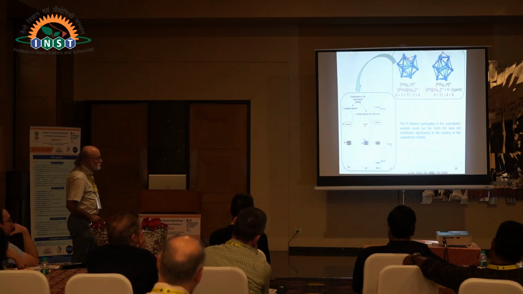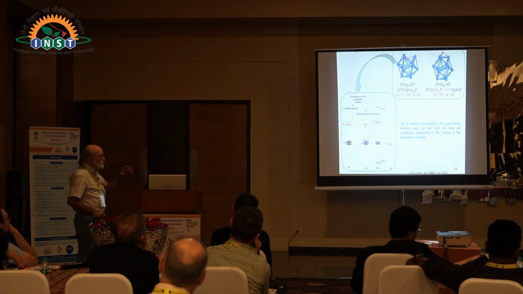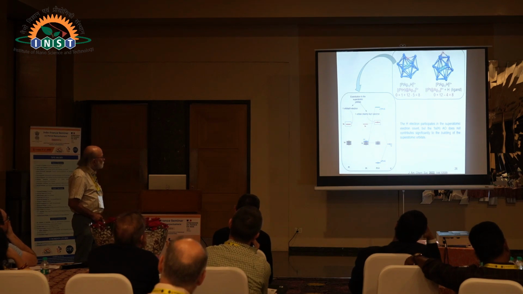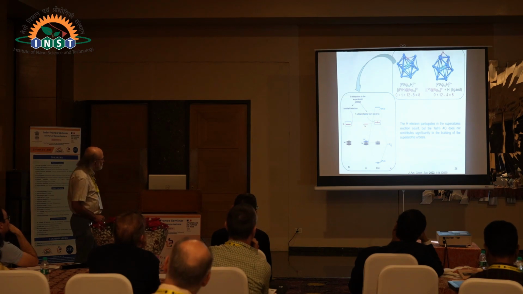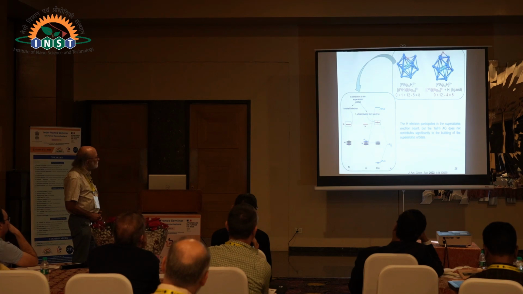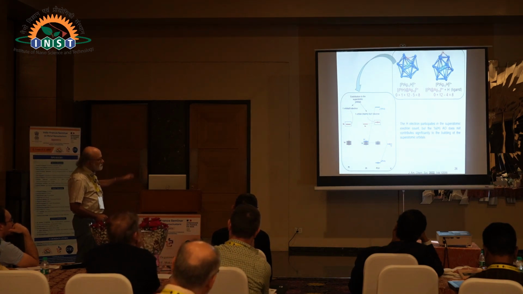But now we have one more electron because the hydrogen has given one electron. And now we have a PtH unit which, from the superatomic point of view, is equivalent to a gold atom, to Pt-, to a gold atom. And then we have the right number of electrons. This electron is there, and the count is 8. So the electron participates in the superatomic electron count, but the 1s atomic orbital does not contribute significantly to the building of the superatomic orbitals. The hydrogen is there to provide its electron to platinum.